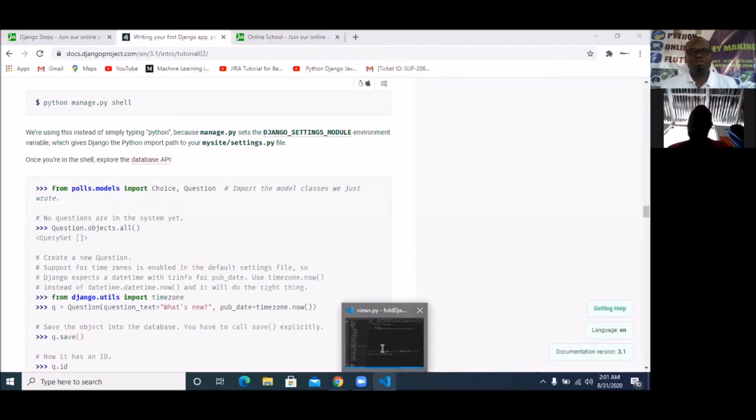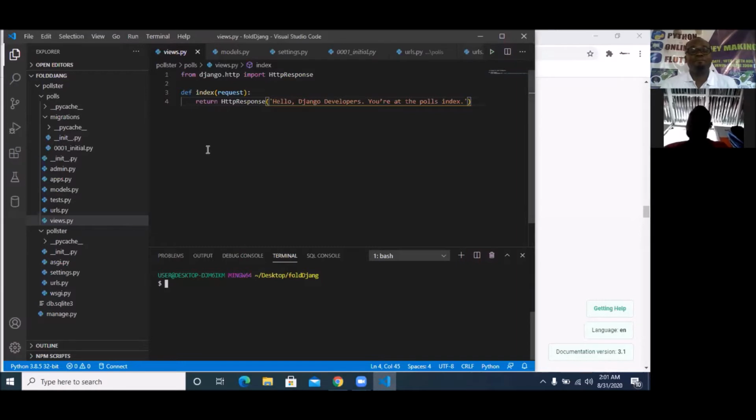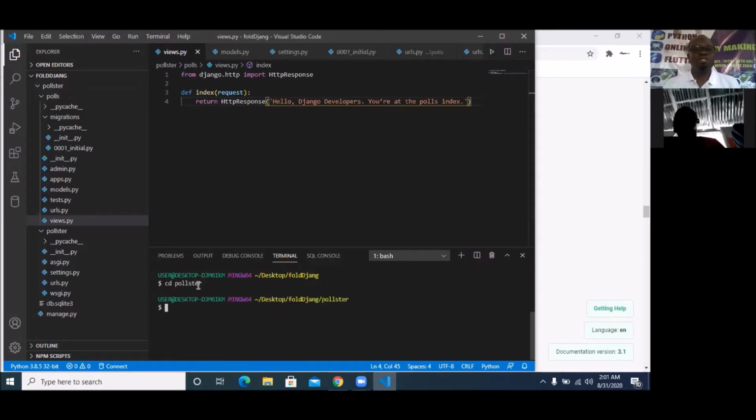And to do that, I'm going to quickly get to my VS Code. You can see that I'm already in the FoldJang, which is the official folder that we're using for this work. We're inside the poster. So this directory you can read from here is inside FoldJang. So I'm going to quickly cd into poster. That's the first thing I'm doing. So make sure that you're inside the poster.